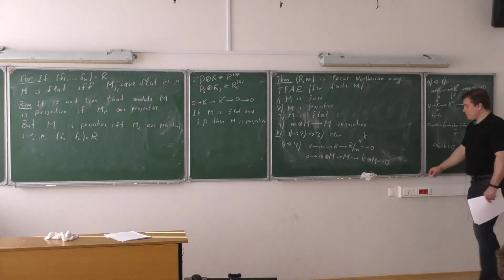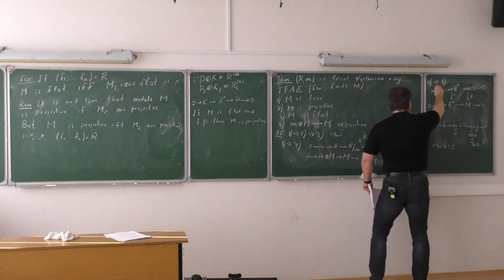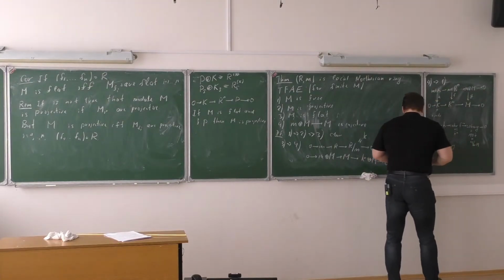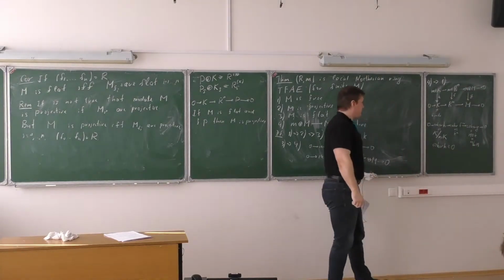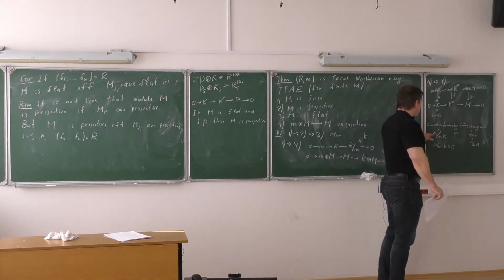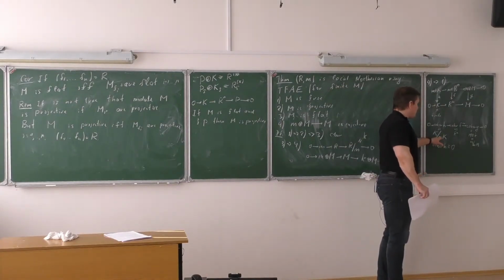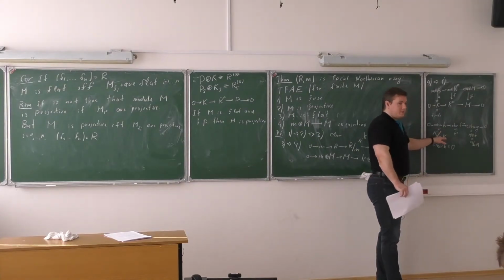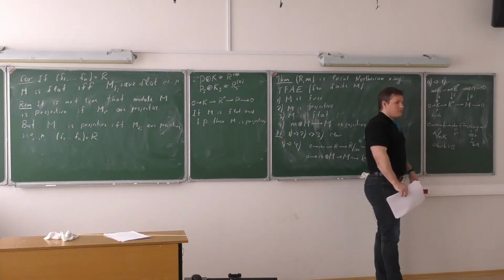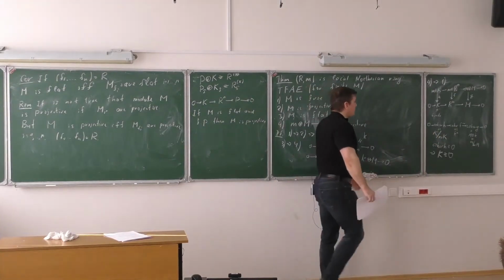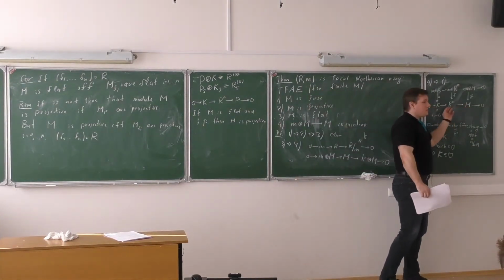And what's the cokernel? Looking at this map, the cokernel is precisely K modulo the maximal ideal times K. So we have a module such that when you quotient by the maximal ideal, you get essentially a zero vector space. Again, by Nakayama's lemma, this implies that the module K is a zero module. That's exactly what we want. If K is isomorphic to 0, M is just a free module.